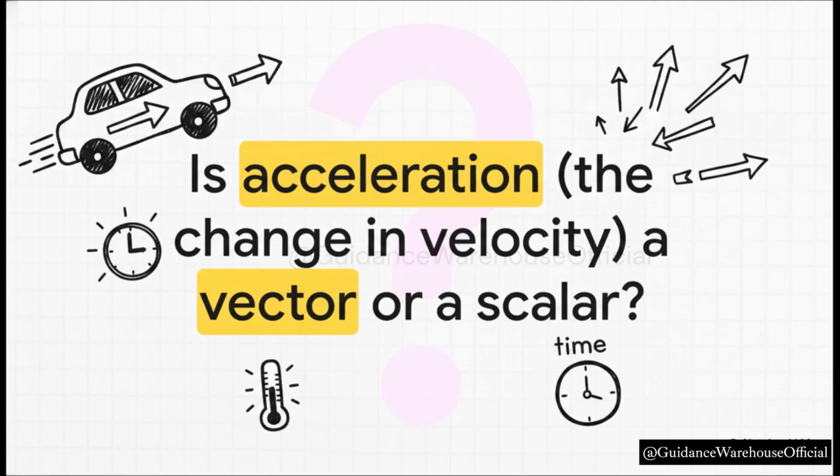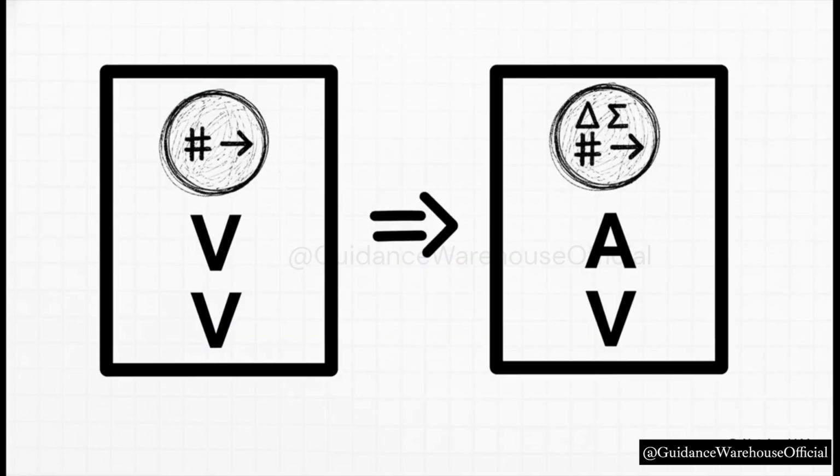All right, last one, and this one's a little trickier. We define acceleration as the rate of change of velocity. So based on that key definition, do you think acceleration is a vector or is it a scalar? It has to be a vector. The clue is baked right into the definition. Acceleration is the change in velocity. And since velocity is a vector, any change to it has to be a vector too. So if you speed up, slow down, or even just change direction, you are accelerating. That means acceleration itself must have both a magnitude